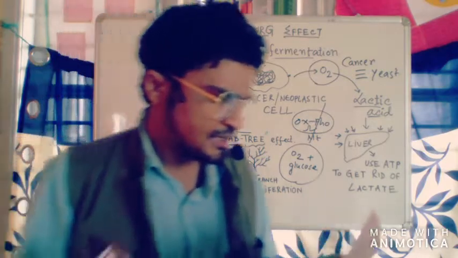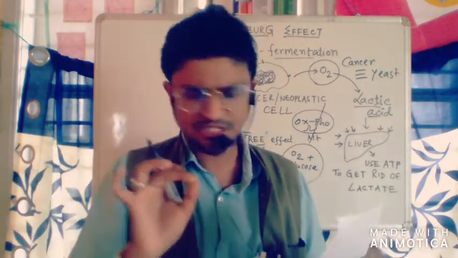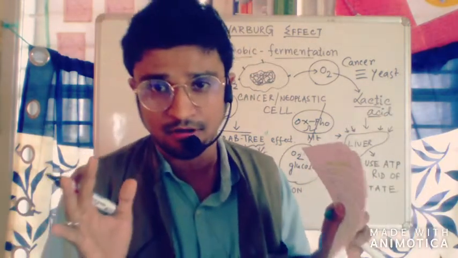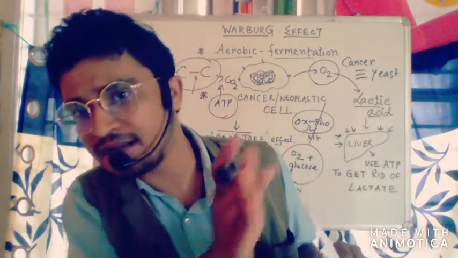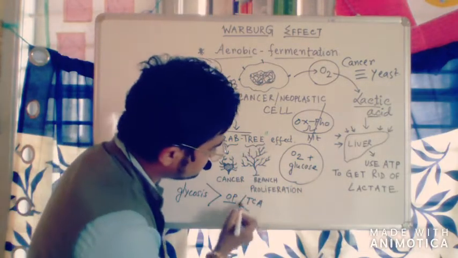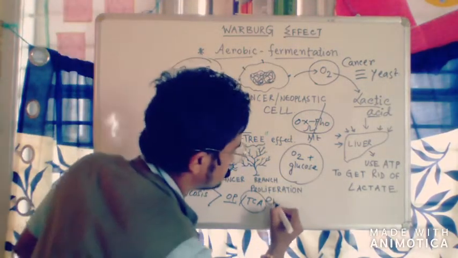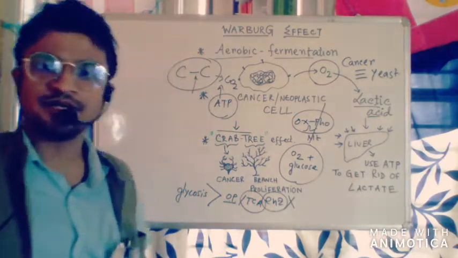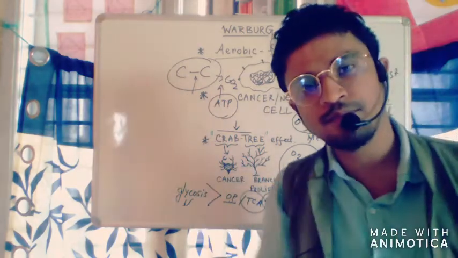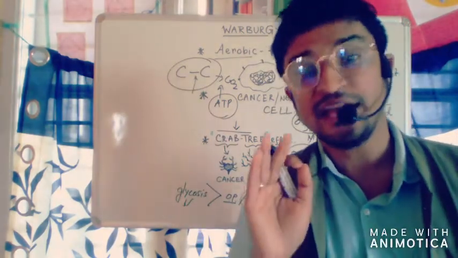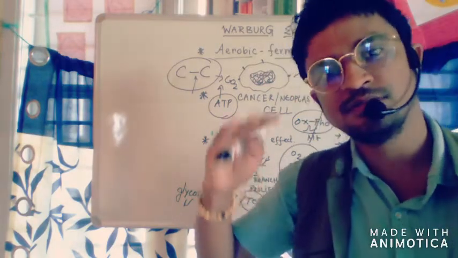Okay, now the statement is that a cancer cell may delete some different enzymes or a whole metabolic pathway. Is it true? Yes, it's actually an evident fact. In many cancer cells, they delete some pathways, and sometimes they delete entire enzymes. That is why in the TCA cycle, all the enzymes required to run this cycle are disintegrated or damaged. On the other hand, there is a promotion, a high production, of the hexokinase enzyme. Hexokinase is very important for glycolysis, so a set of enzymes in glycolysis goes up.